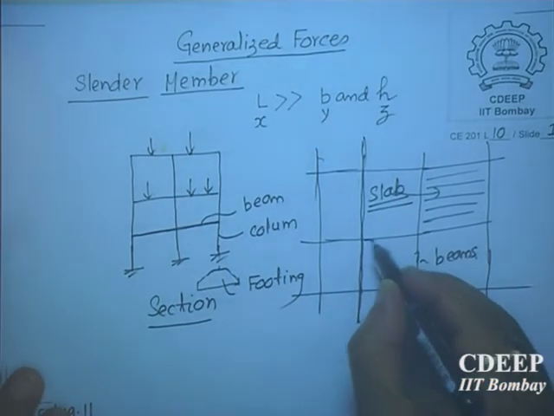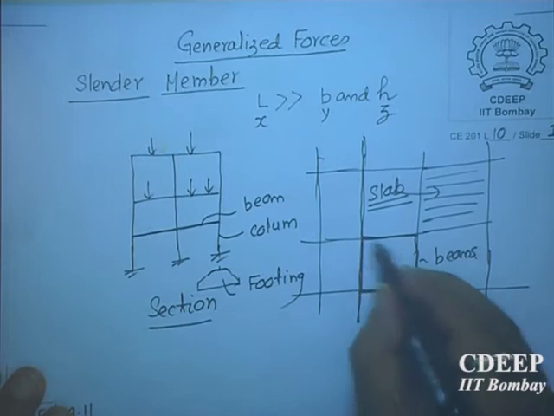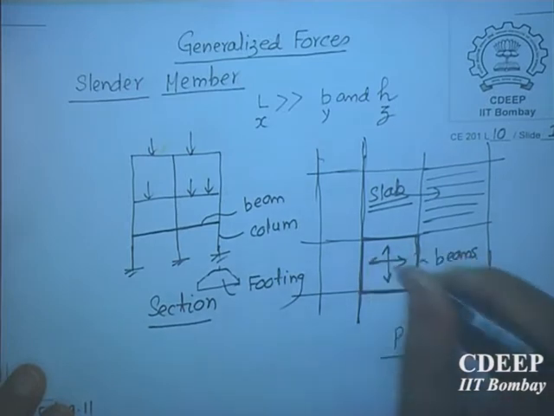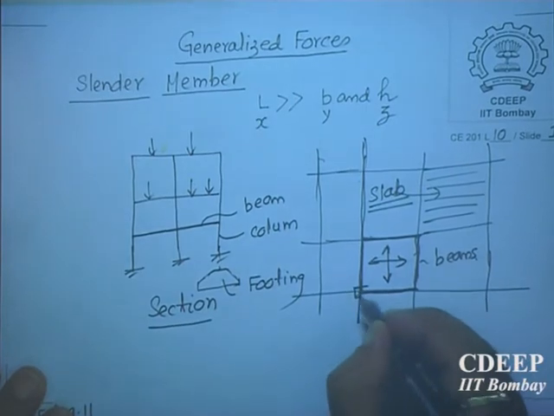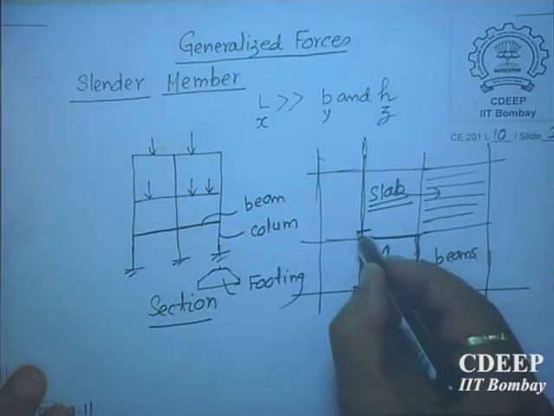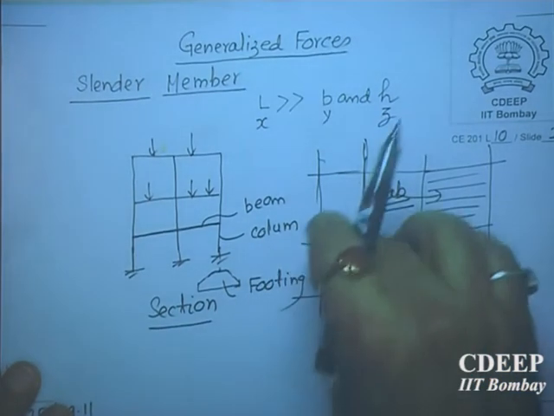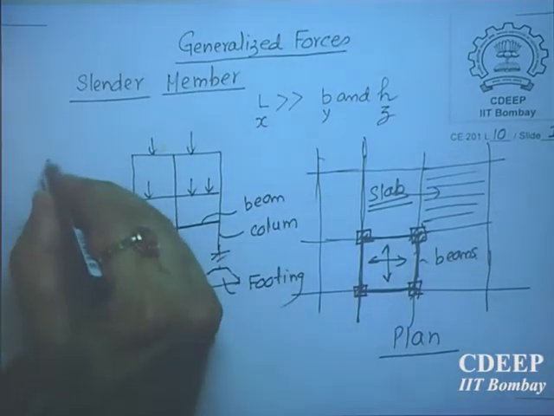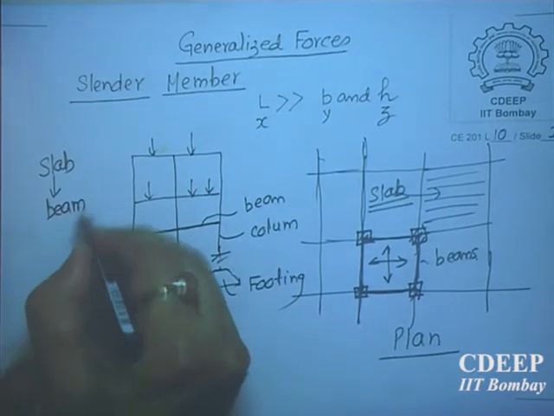So from the slab, the loads are transferred to the beams. So loads go like this, loads are vertical here. So loads will be going to the beams, and from beams, at all these points you have the columns which you are seeing here. So these are columns at all these corners, at all the junctions. Then from beams they will be transferred to the columns, and from columns to the footing. So the load transfer is always through slab, then beam, then column.